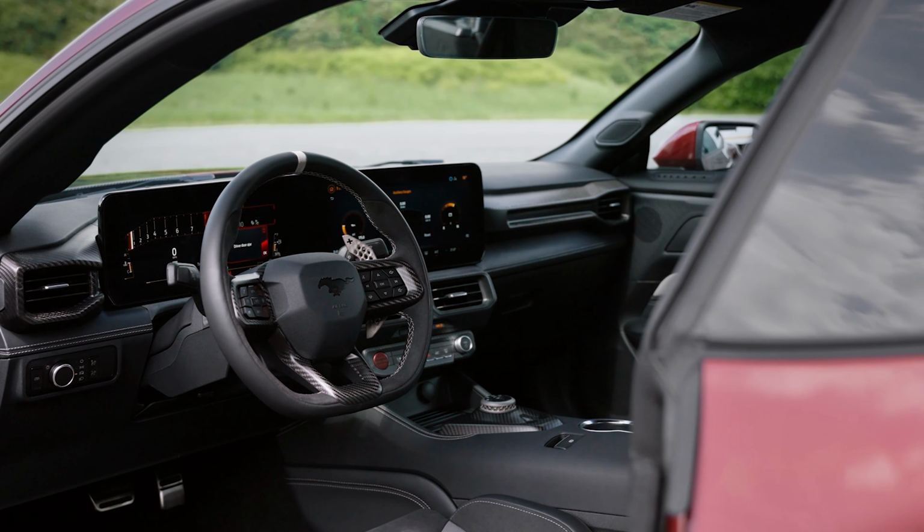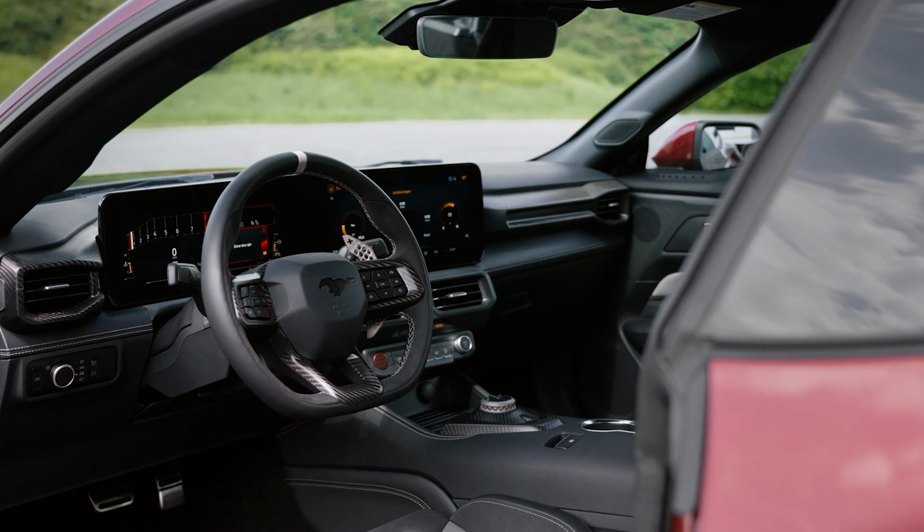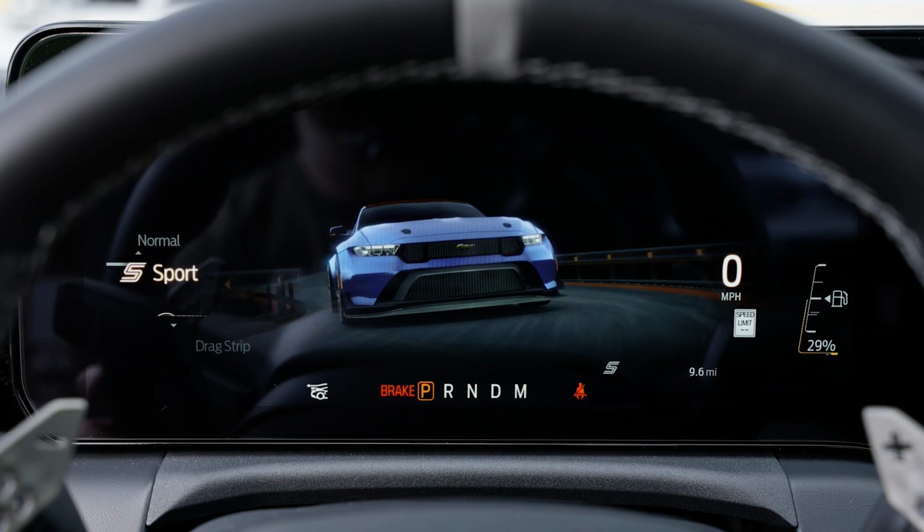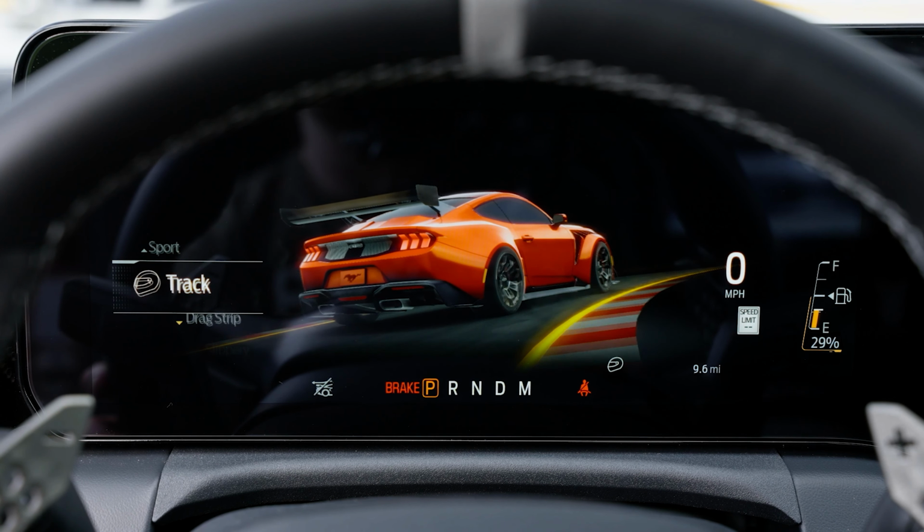Today, Ford has finally revealed the interior for the all-new Mustang GTD, and we've done a lot of Mustang GTD update videos, and you guys seem to love them, so we got to keep throwing out more. First off, looking at some of the features that this car has, they're very familiar to me, at least when I look at other Ford Mustangs and Shelbys that I've had in the past or have had the chance to